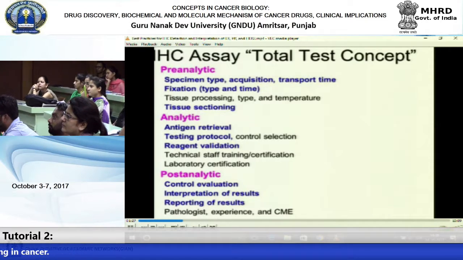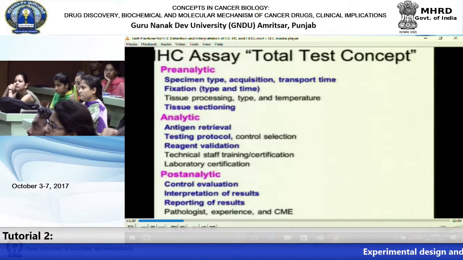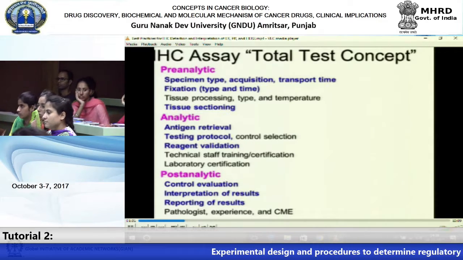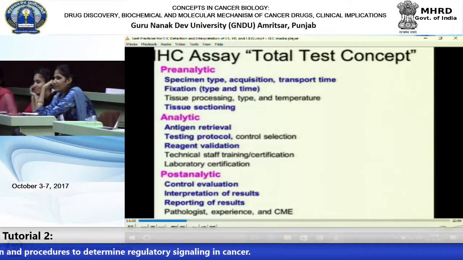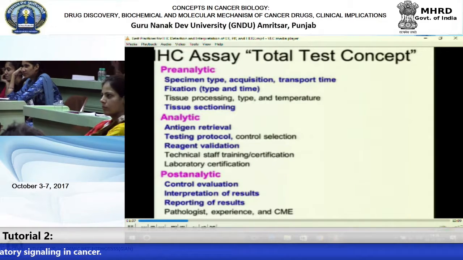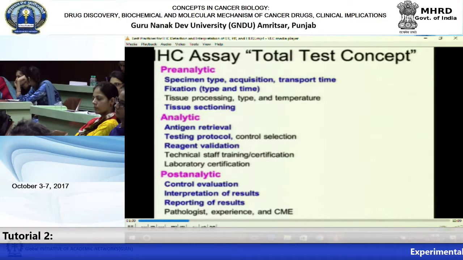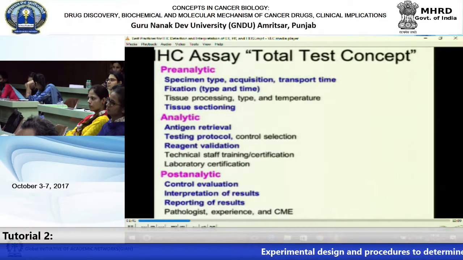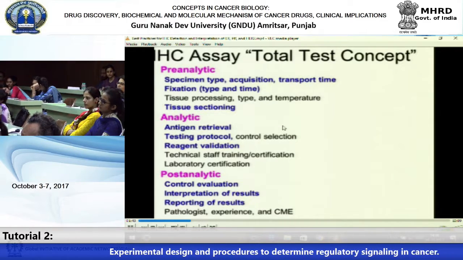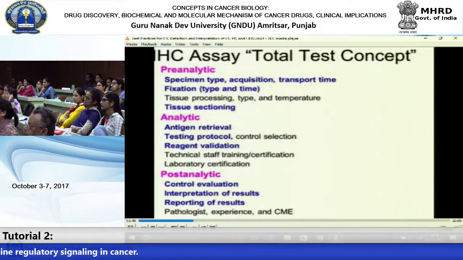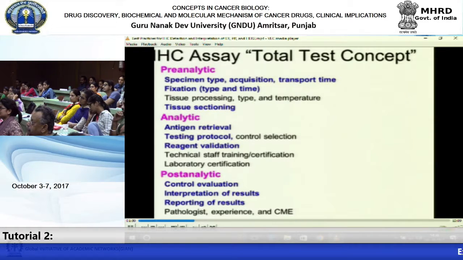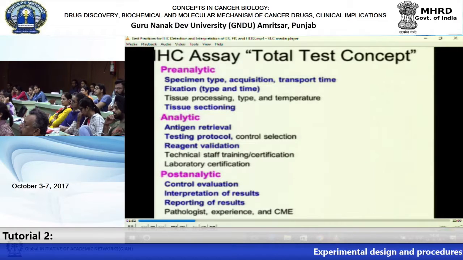Hopefully today I will have enough time to discuss the items in blue: specimen type, acquisition, transport time. A very important issue today is fixation for breast biospecimens, and tissue sectioning, which does not get enough attention because many of you are doing immunohistochemistry. And then moving into the analytic compartment, we'll talk briefly about personalized antigen retrieval,